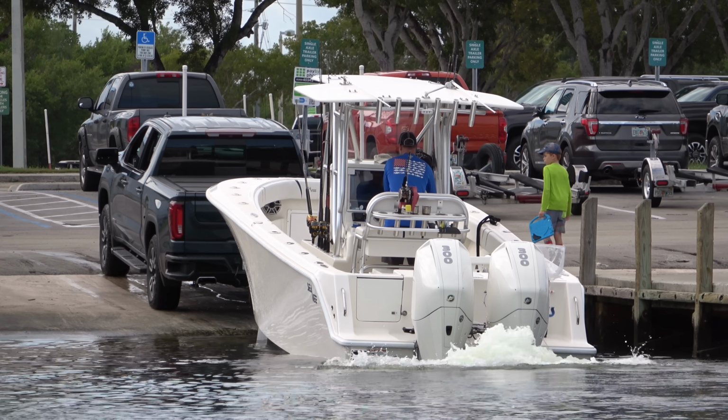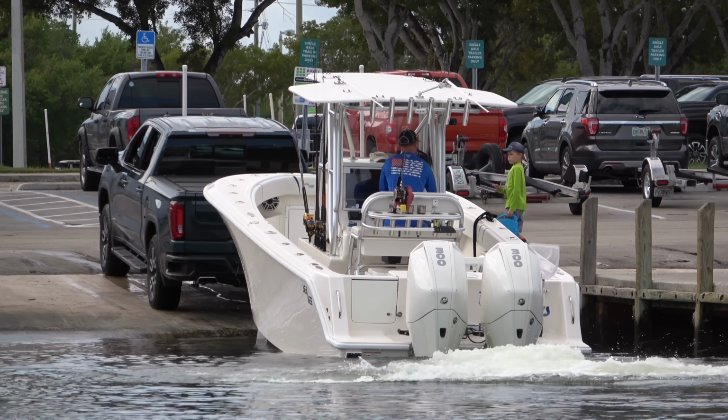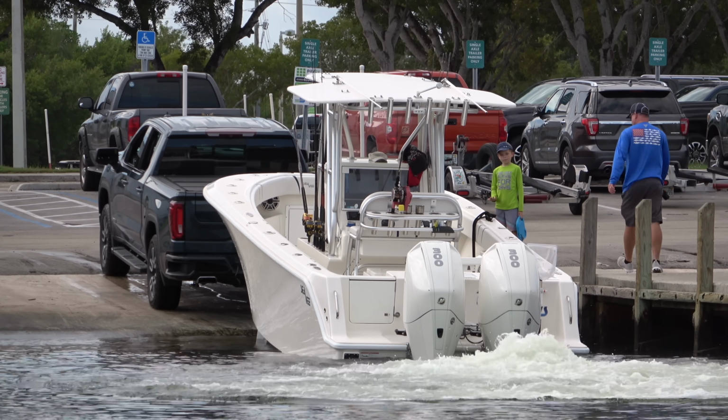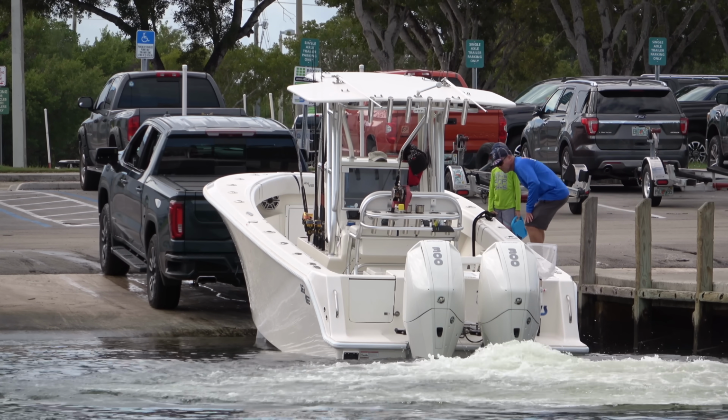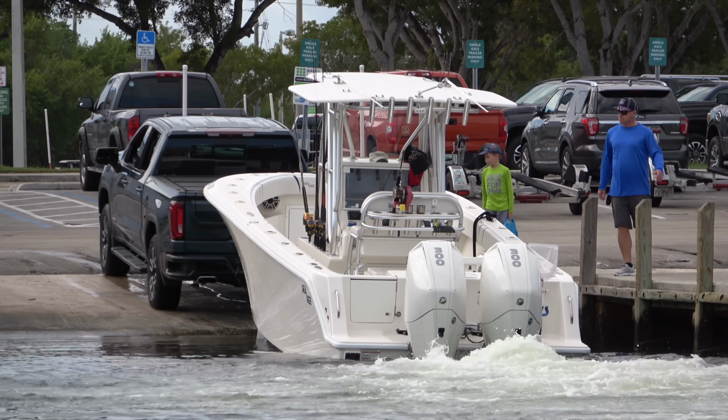So our guy's trying to get it powered onto the trailer, a little bit further up onto the trailer. He can't seem to hit it exactly where he wants it. He's been messing with it. Where are you going, bro? Whoa! Yeah, I would, man,